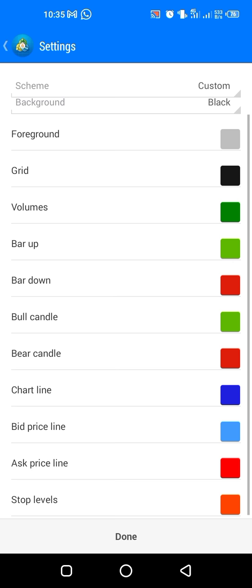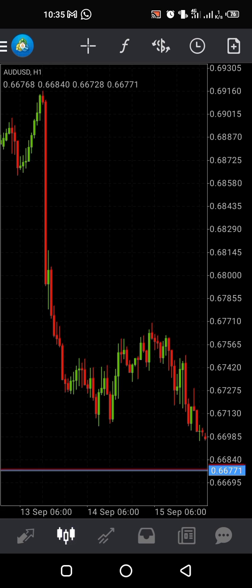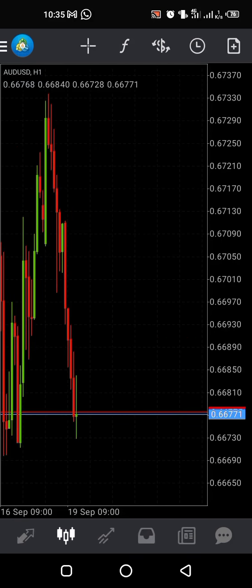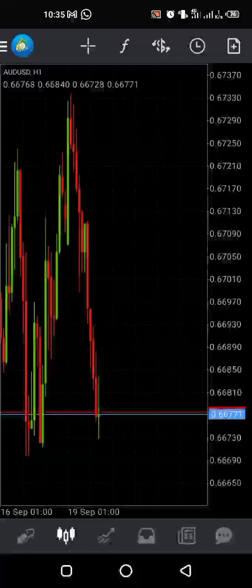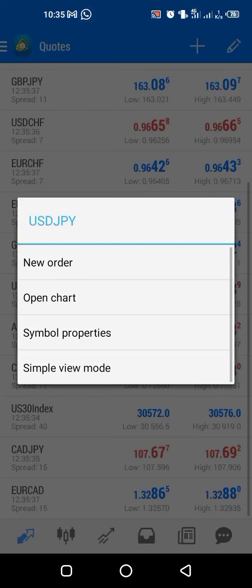So bright red. Since it's black, let's use white for my chart line. That's the chart line graph. Since it's just a line, if it's white, it can show better on the black background. Done. Yep, and we're back. So this is my chart, and this is how I love my chart. Okay, so that's that for